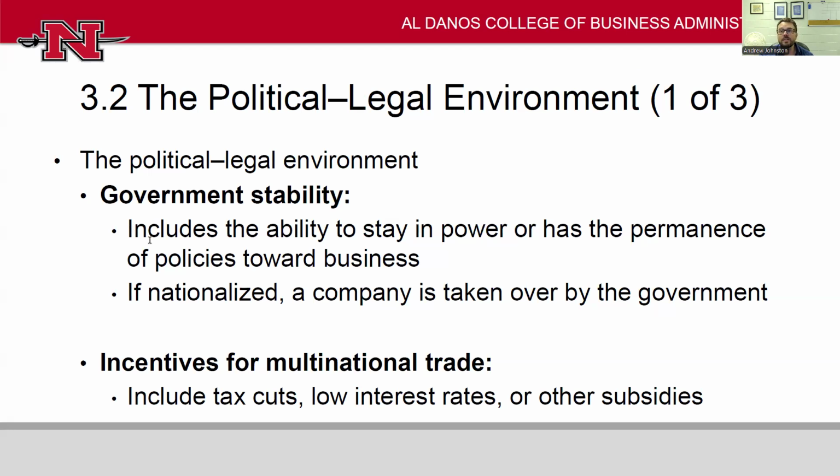Maybe I'm worried that I'm a big company and there's going to be protests. Maybe I'm trying to open up a Walmart in Germany, and I know that small businesses are going to fight back politically, and I have to worry about maybe protests or boycotts or whatever in this new host market. But maybe there's an upside. Maybe the host market is going to offer me tax cuts, because they're trying to attract FDI. They're going to give me favorable lending, tax cuts, or some other kind of subsidy to take my business there.